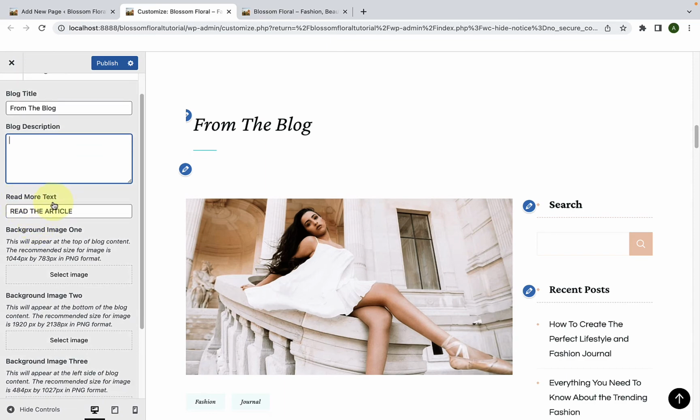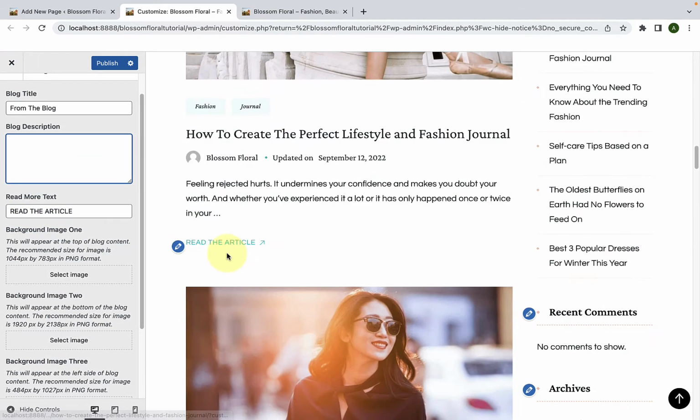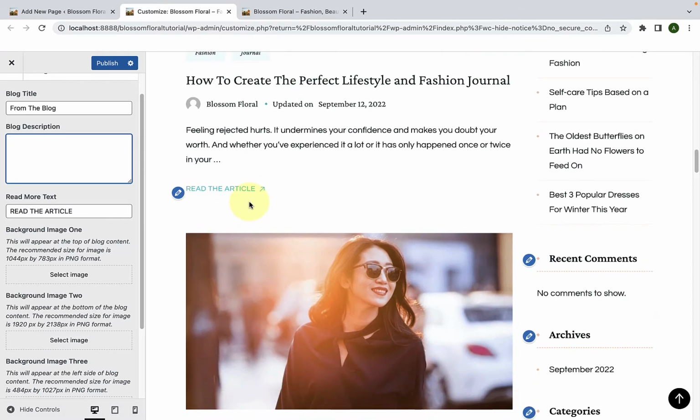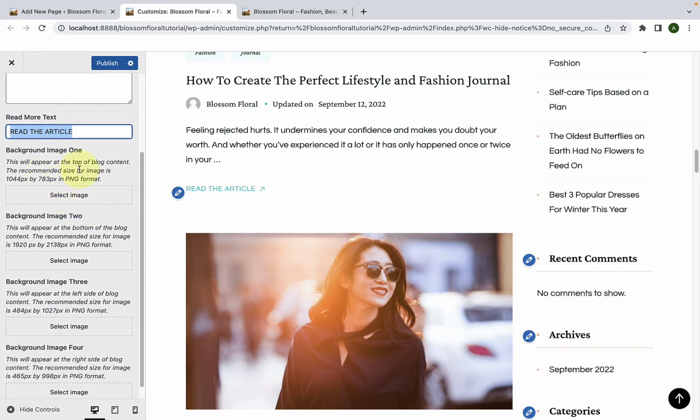Then you can also change the read more text from here. The default read more text is read the article. To change the read more text, you have to remove the read more default text that is already here. Then you can add in the text of your choice. Next is the background image option. You can add in